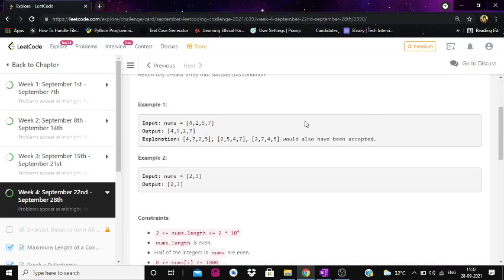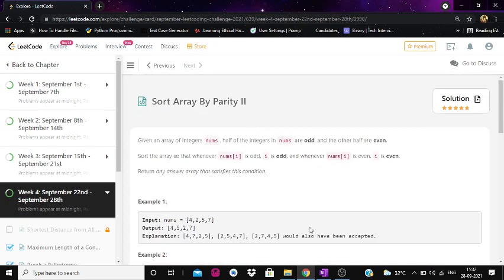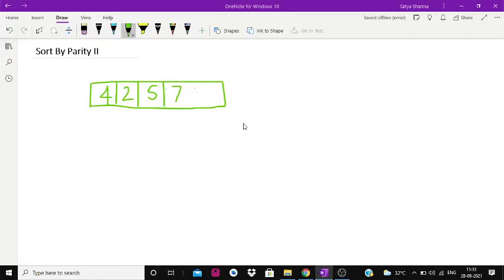This problem is pretty simple, but why would it be asked in an interview? That's the thing you need to understand. Actually, this problem may be asked just to see how you approach the problem, and then the discussion of time complexity and all that. The problem can be easily solved.